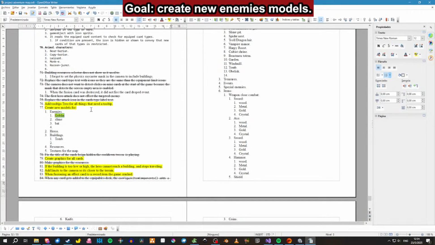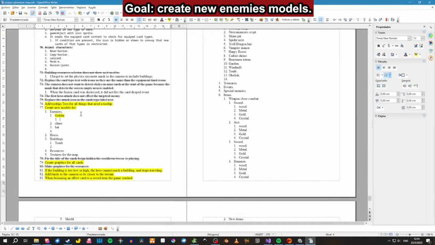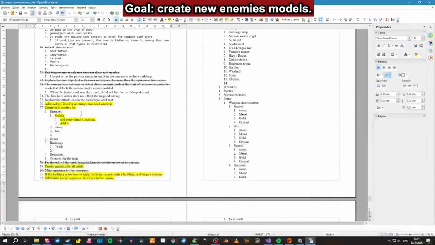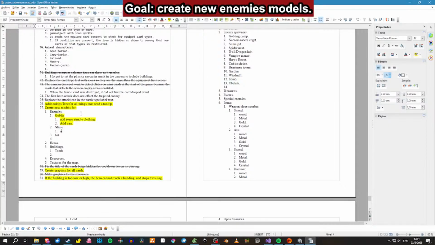I need to add some clothing, add some simple clothing, add ears. I forgot the ears. Add a skeleton model to the inside of the slime. I can add a bat,